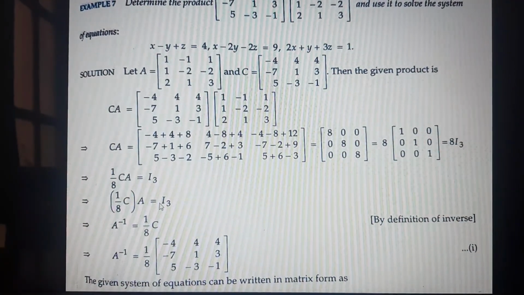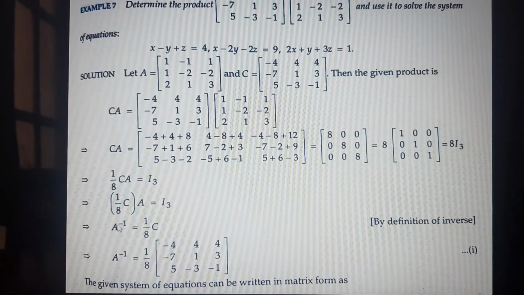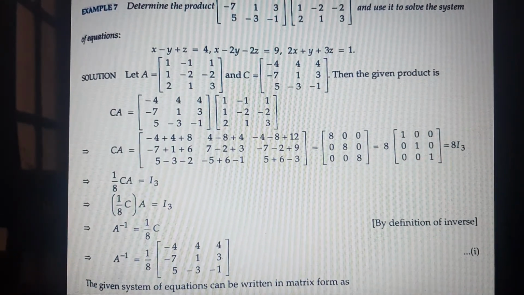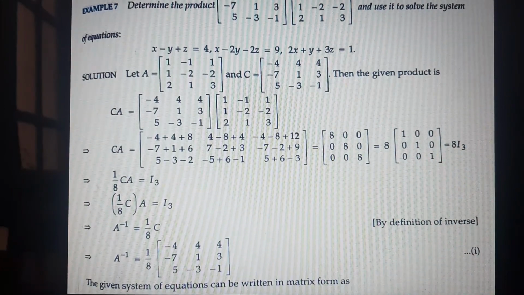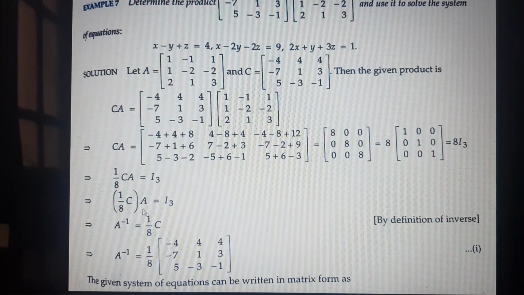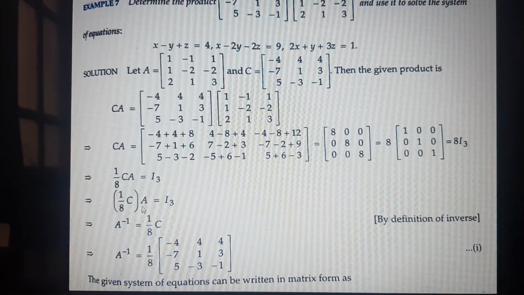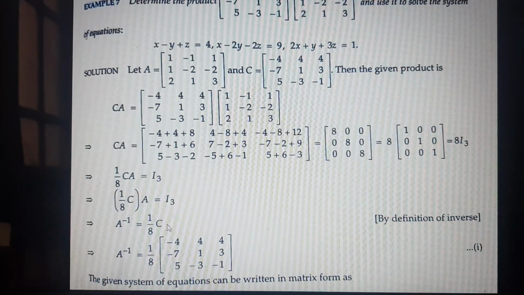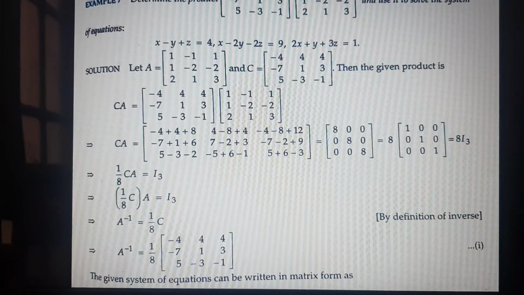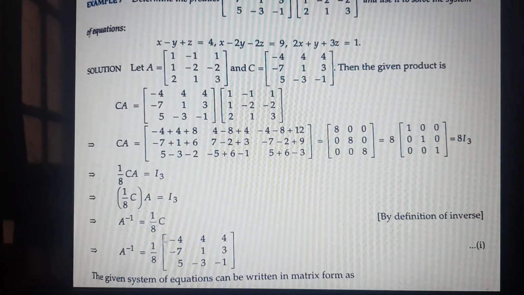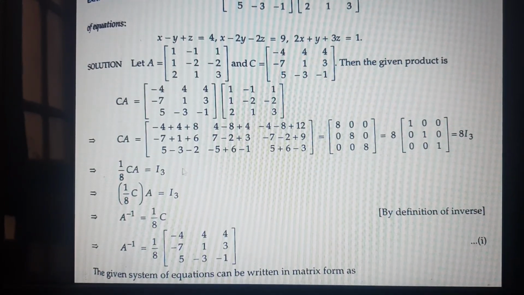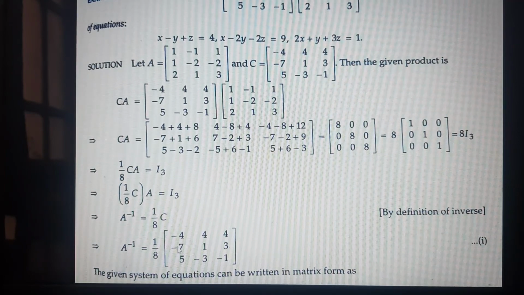So we know that for this matrix A, we have to get A inverse to find the solution of these three equations. To get A inverse, we will multiply both sides by A inverse. When you multiply both sides by A inverse, you will get A inverse equal to 1/8 C, because A into A inverse is I, and A inverse into I is A inverse. So in this particular question, we don't have to find A inverse by the normal method of adjoint of A upon determinant of A, but we can directly write C here. So C divided by 8 is the A inverse.